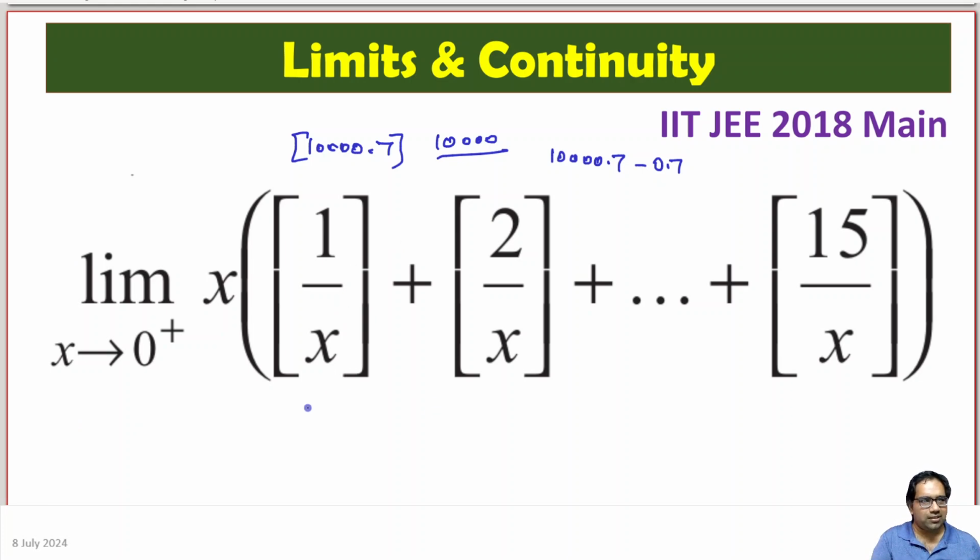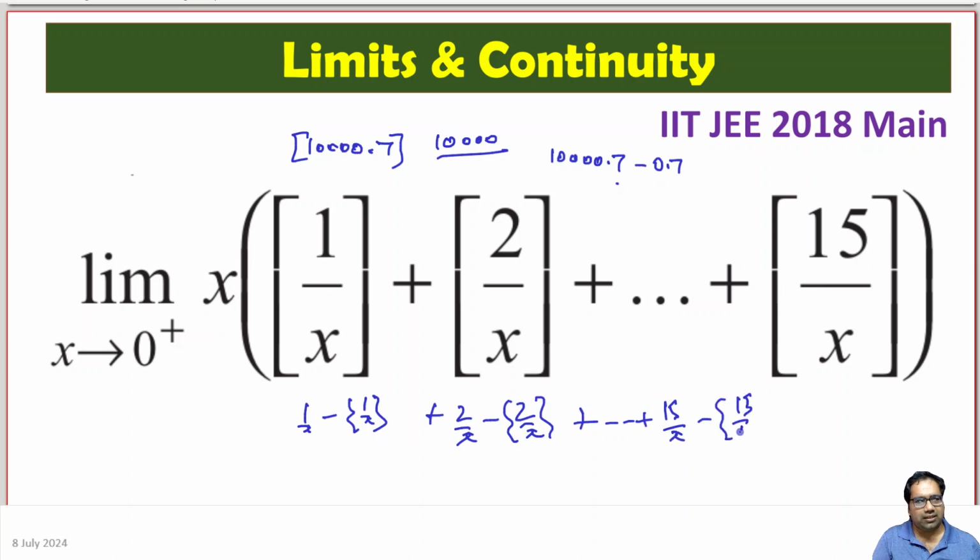We can write all of this as 1 by x minus some fractional part of 1 by x. That is 10,000.7 minus some fractional part, which is 0.7. Similarly, 2 by x minus some fractional part of 2 by x, likewise up to 15 by x minus some fractional part of 15 by x. Now what does that mean? This actually means x into 1 by x plus 2 by x plus up to 15 by x,